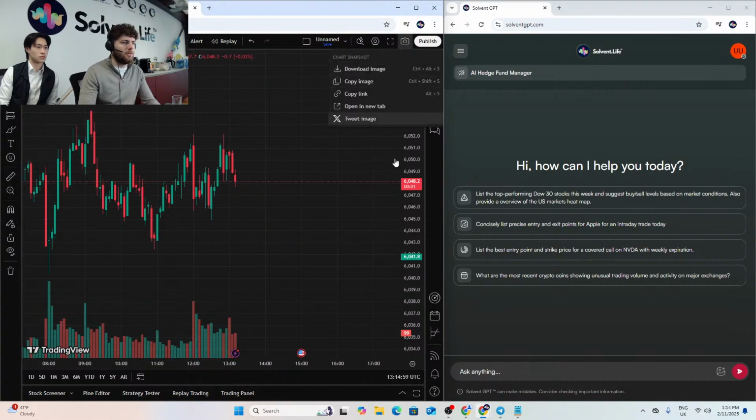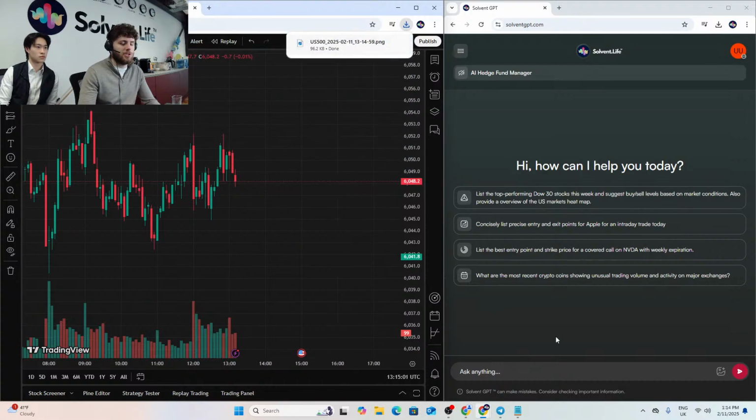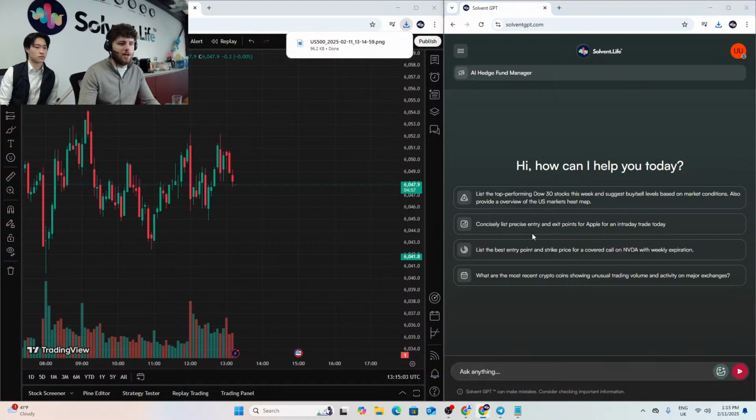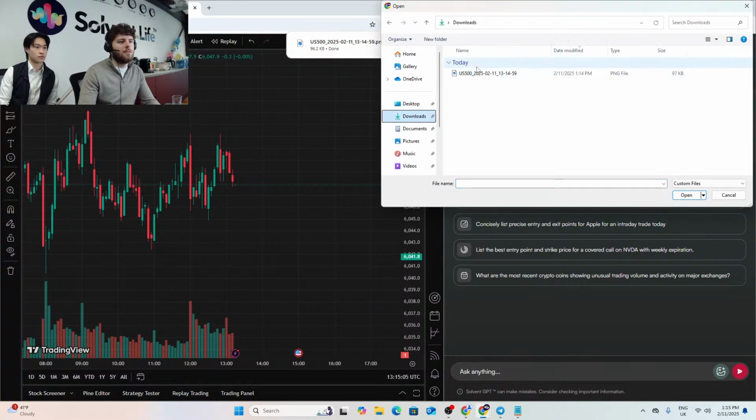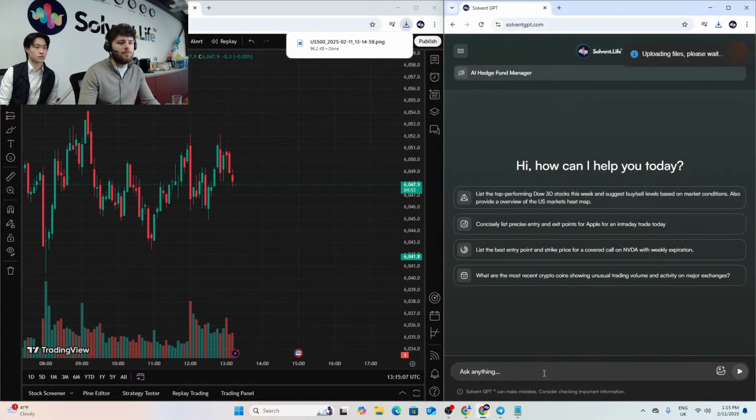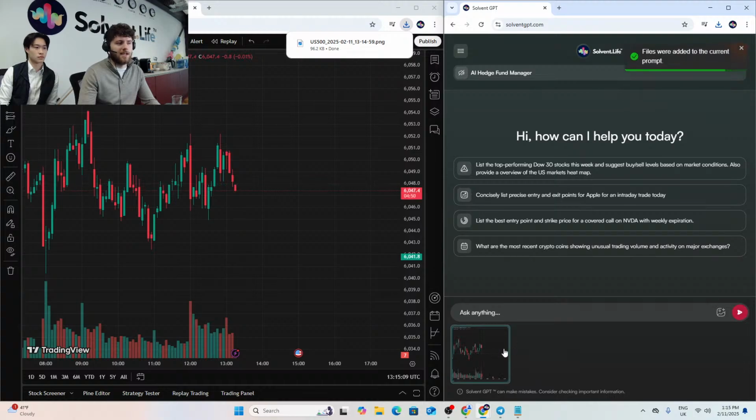if we ask Solvent GPT, we're going to download this image, save it to our computer. We're then going to upload it. Downloads US 500. Fantastic. As we can see, this has just been added to the GPT. The GPT now has the image. It's able to view it, go through all of the data that we've just attached, and make a recommendation for us. So we need to say something along the lines of,